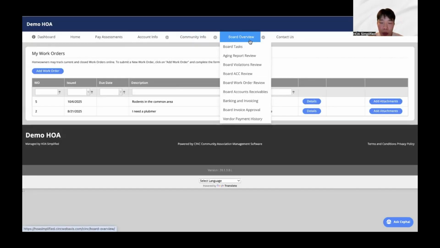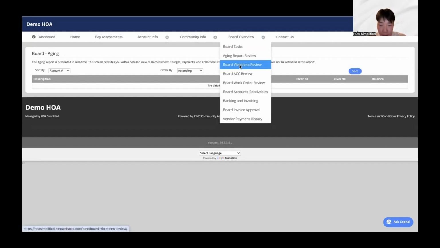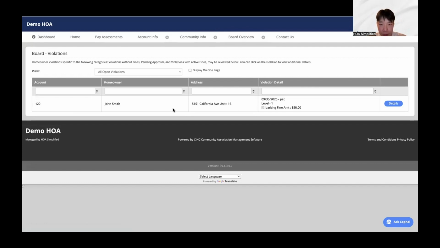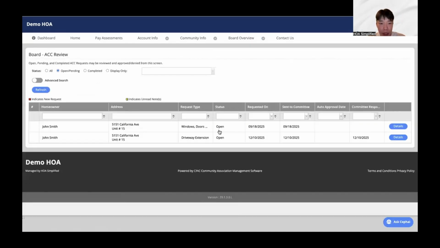And so I want to go over the board overview. Again, the aging report review: you will see all of the homeowners and their aging. So all the balances, current, over 30, 60, 90, and their full balance as well. Violations. If you ever see a violation and want us to post it on here, we can do that as well. ACC review. Whenever an ACC request is made through the portal, we will review